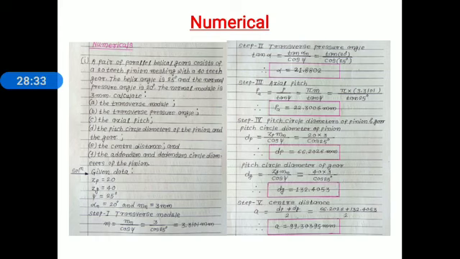Number of teeth on a pinion is 20, z suffix p. Number of teeth on a gear is 40, z suffix g is equal to 40. Helix angle is given 25 degree, and normal pressure angle is given 20 degree. Last thing also given is normal module, m suffix n, equal to 3 millimeter. Now let me find these unknown terms one by one.